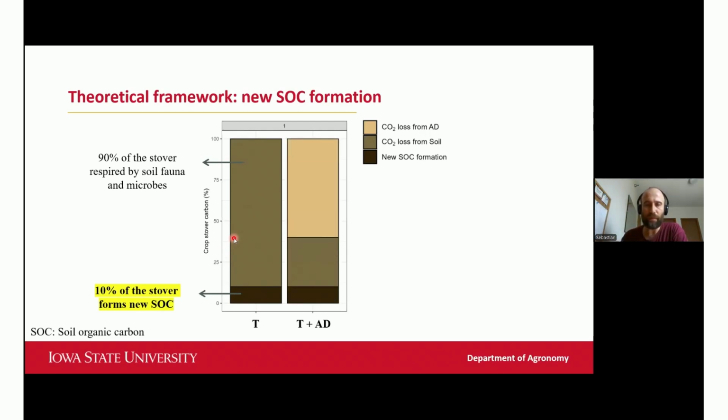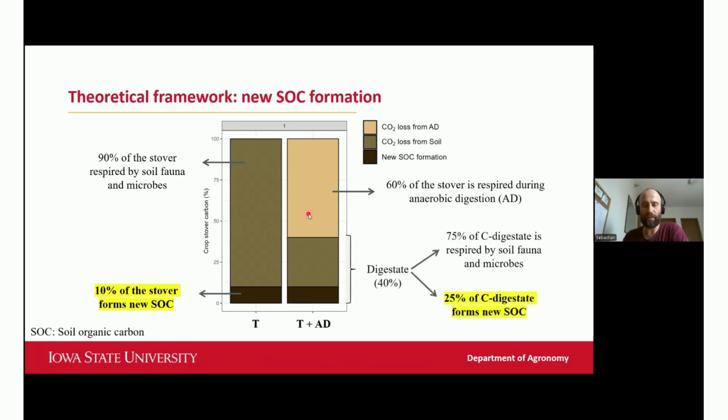When we integrate the traditional system with the anaerobic digester, a portion of the crop stubble is respired inside during the anaerobic digestion. So let's say about 60% of the carbon is released during this process, and the other 40%, the digestate, can be applied to the soil. If we want to maintain the same amount of new soil organic carbon formation, the digestate must be more efficient to